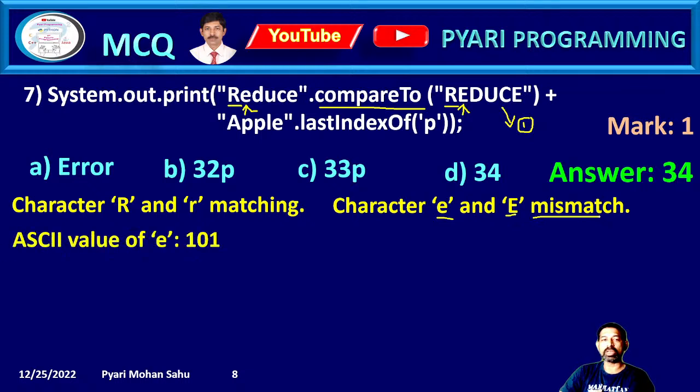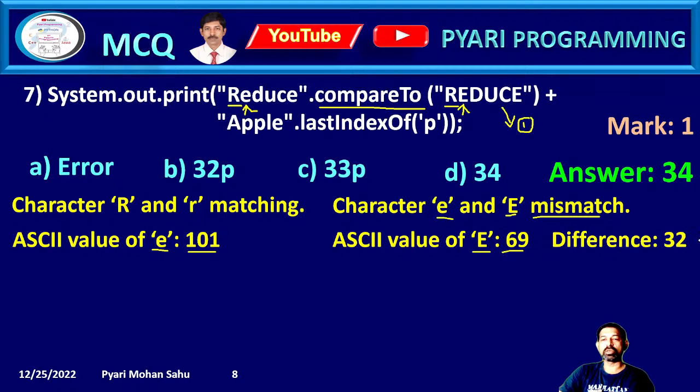If it is a mismatch, then we are going to find out the value for this. So ASCII value of lowercase e is your 101 and ASCII value of uppercase E is your 69. So the difference between 101 and 69 is your 32. So that's why this answer is your 32. Yes, got it. So next one,